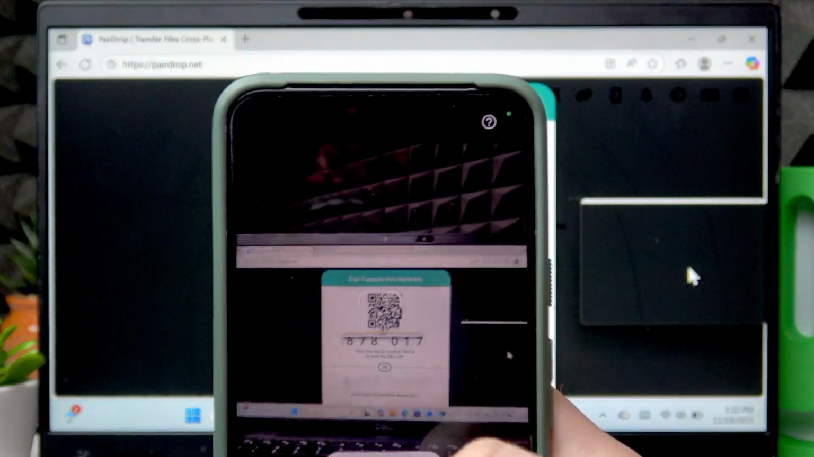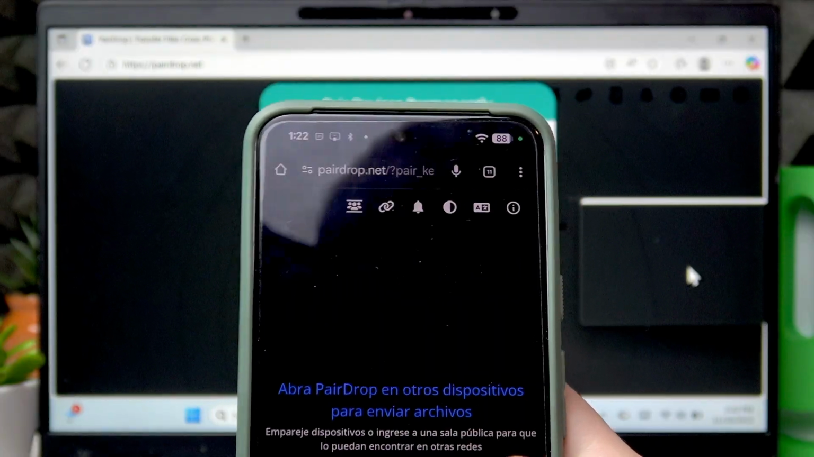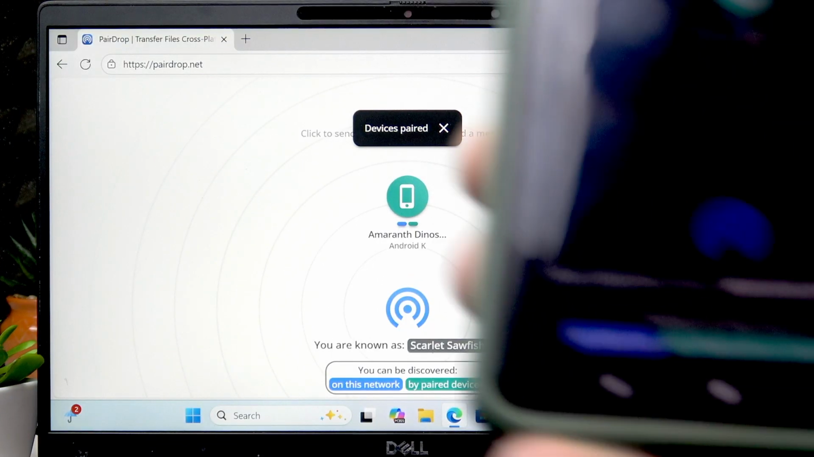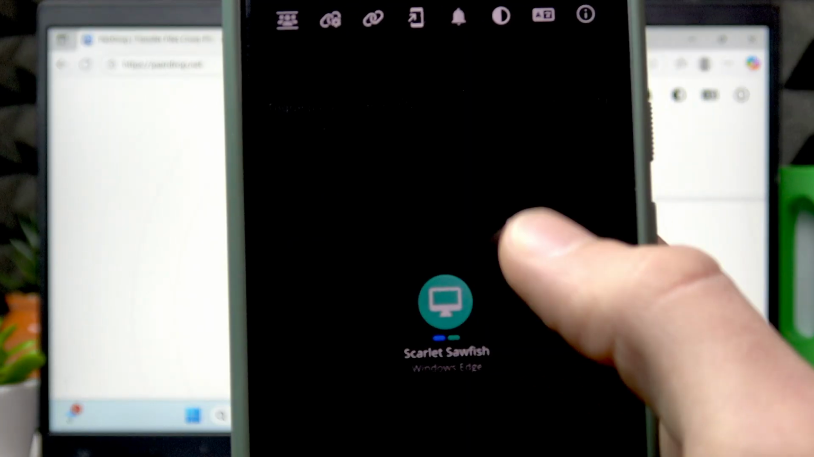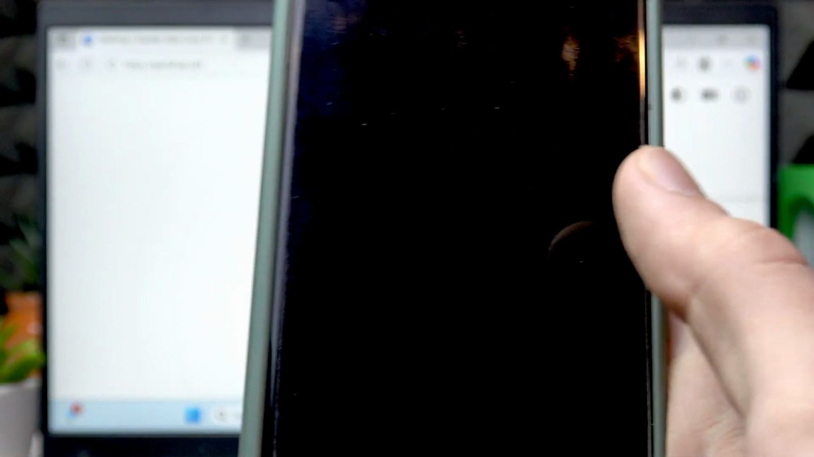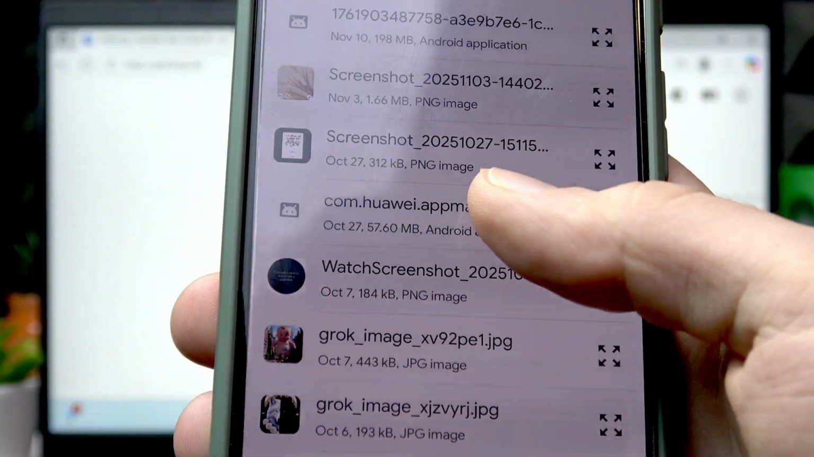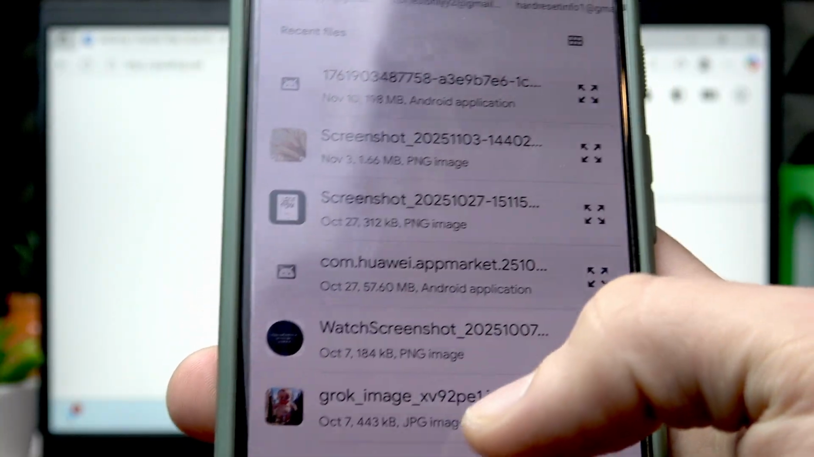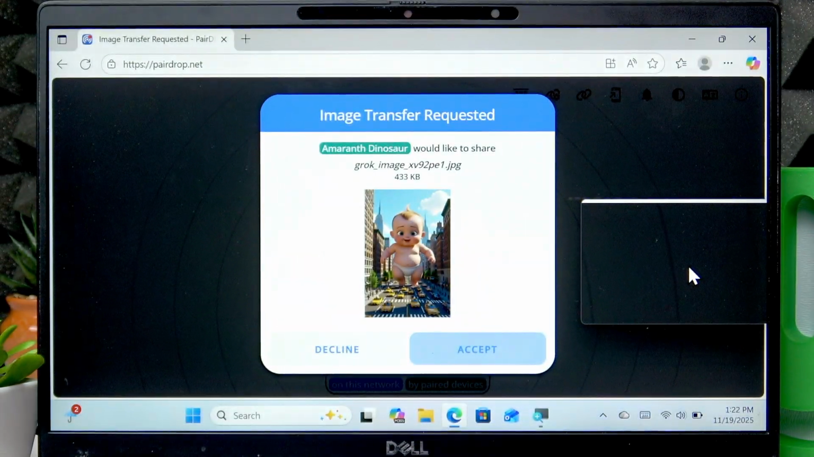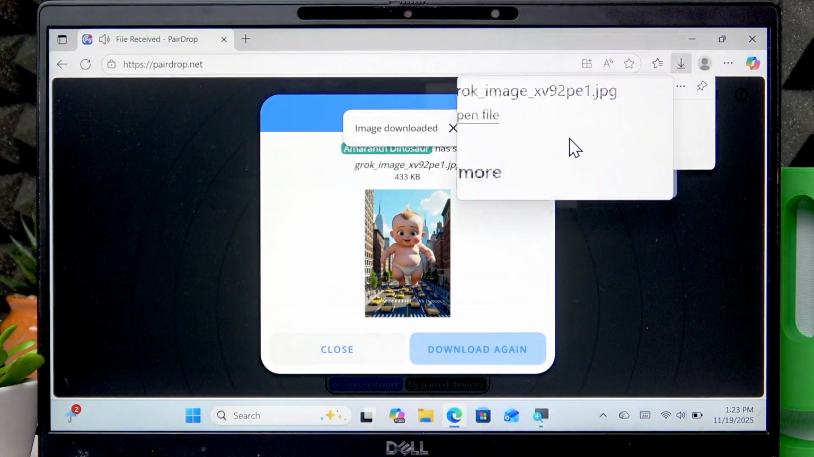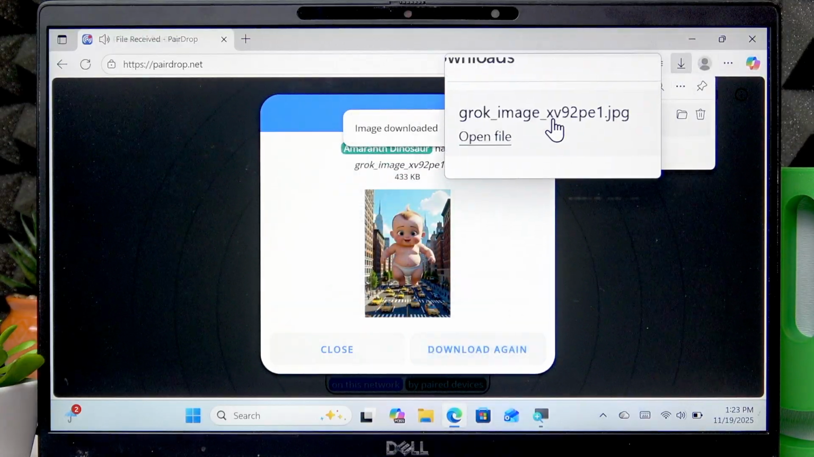So let me just scan this QR code, open the link, and both devices will be immediately connected to each other. Now on my smartphone I'm gonna have to select the PC icon, and then let's select the files, and let's select the image that we want to send. I don't know, for example this one, or it doesn't have to be an image, it can be any kind of file. Then click accept on your computer, accept this file receiving,